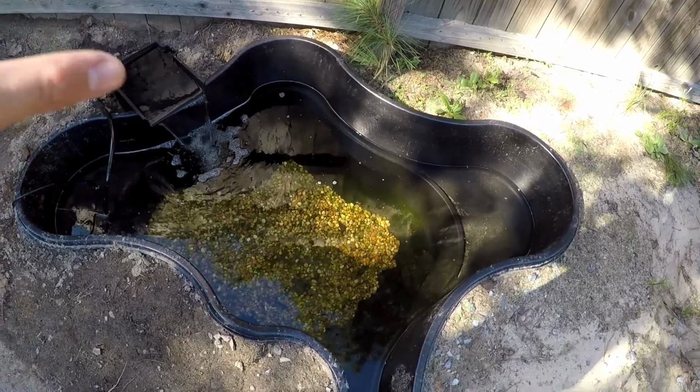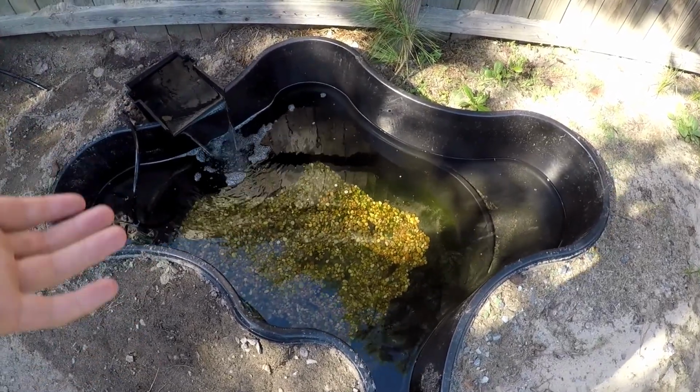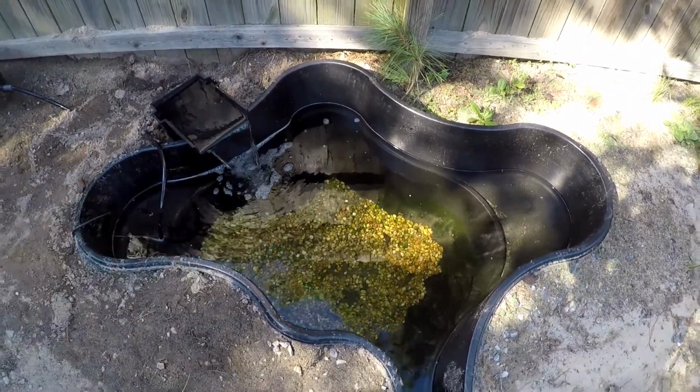The water is crystal clear now. It's a few days since you guys have seen it. If you haven't checked the previous video out, go check it out. I'll put it at the end of this video, where I show you guys how I set up the whole thing. Basically, we've got everything flowing now. Like I said, it's doing its thing, it's filtering. And also, the first fish probably will be the gar,